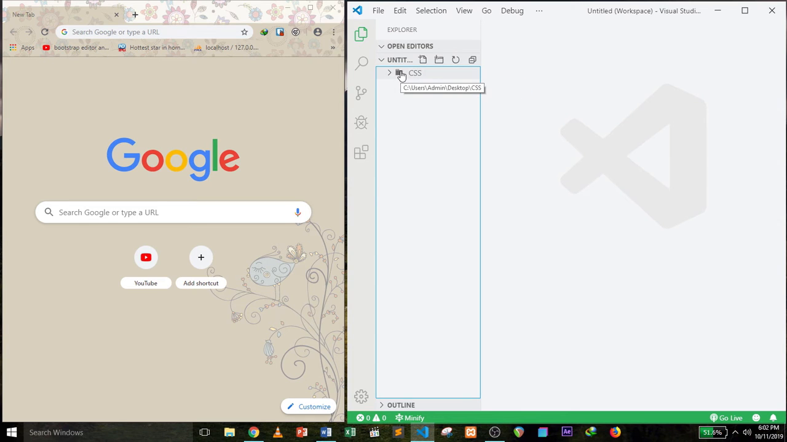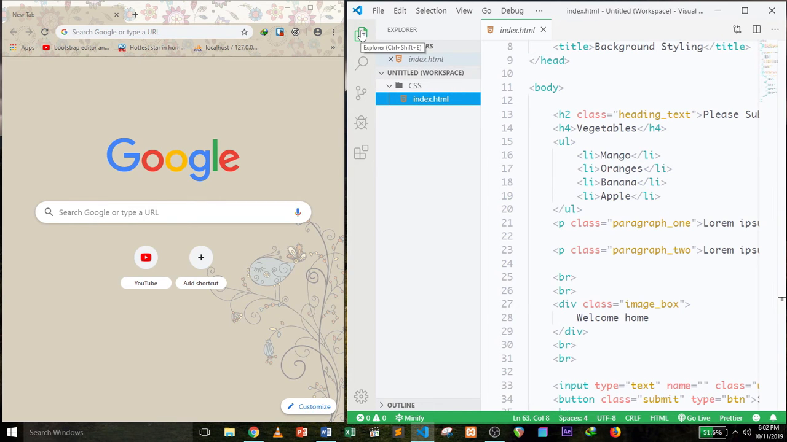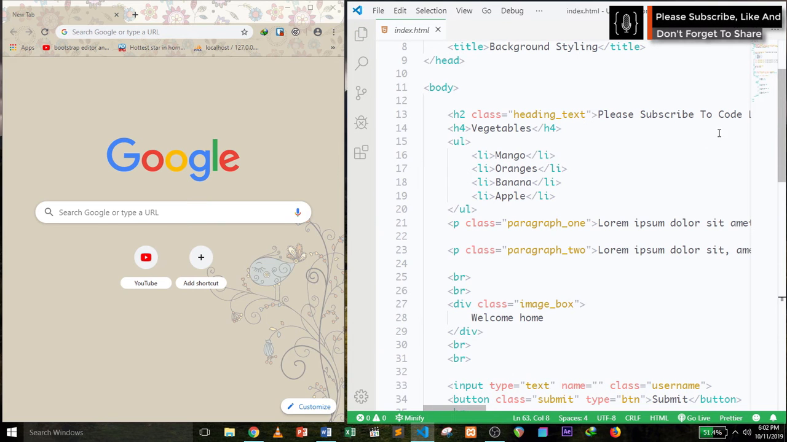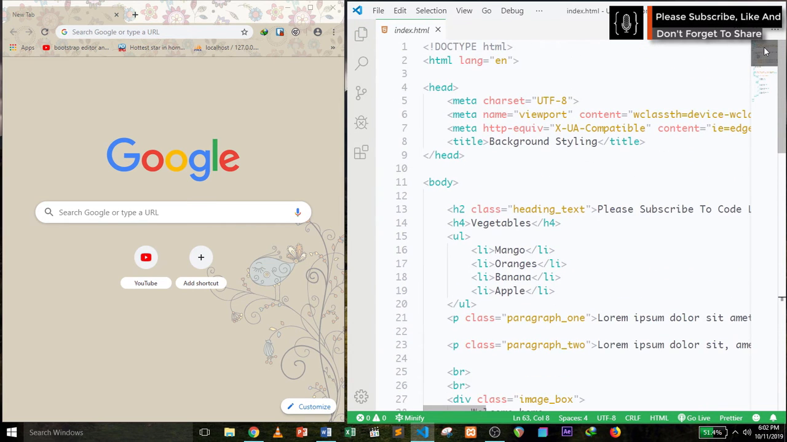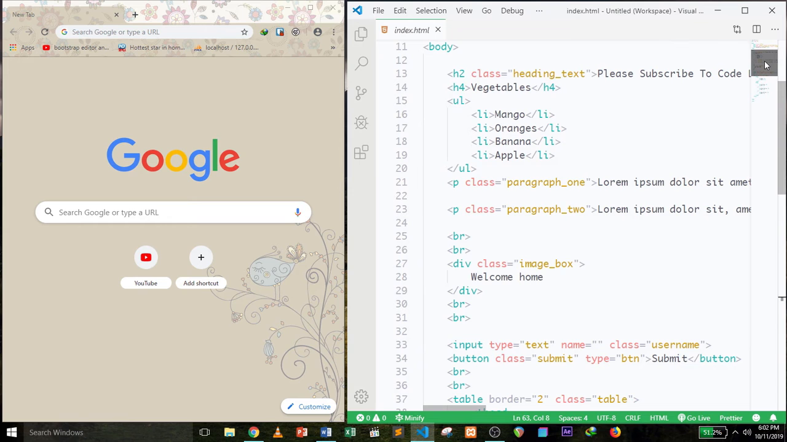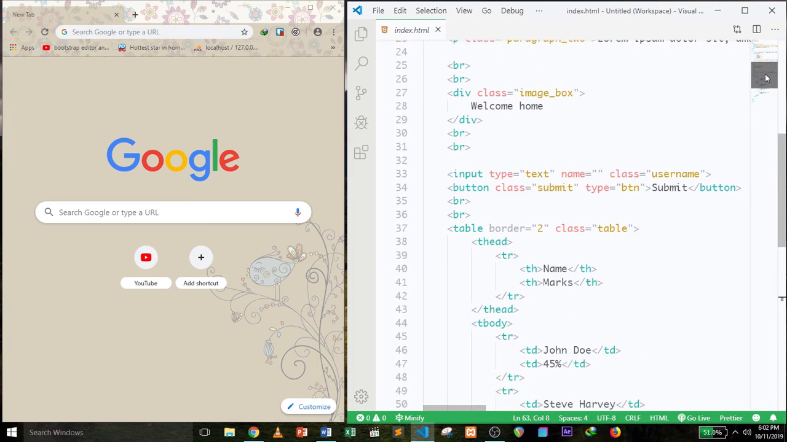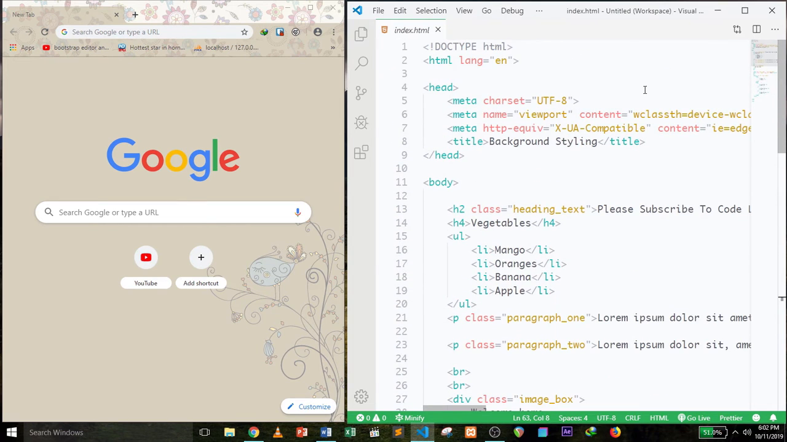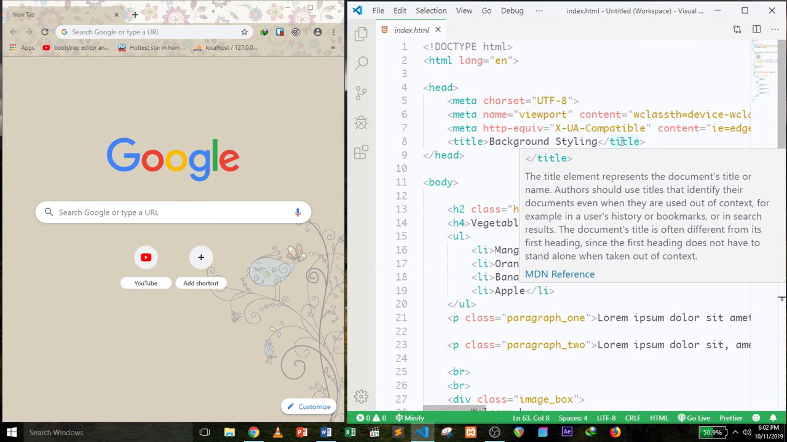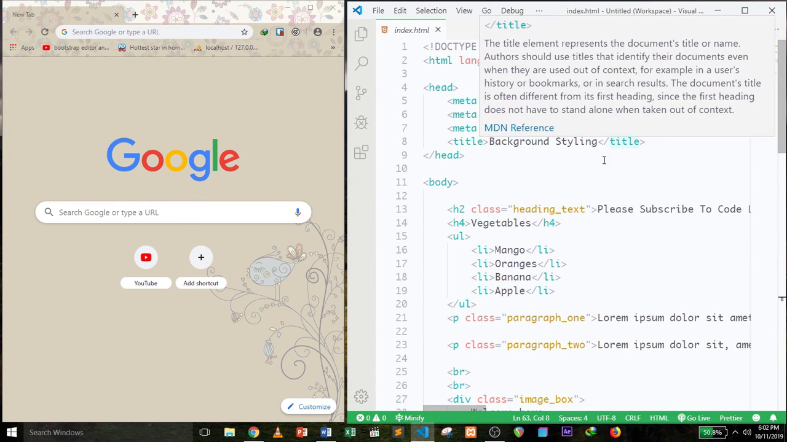Now let's expand this folder here, and you can see I have an HTML file. Let's open it up, and now I can close this Explorer here. As you can see, the HTML file is a very basic HTML file. I have my head tags, and then in the body we have some heading tags, some unordered list, paragraphs, and then divs. Okay, so let's start with the first way of styling your HTML file, and that method we